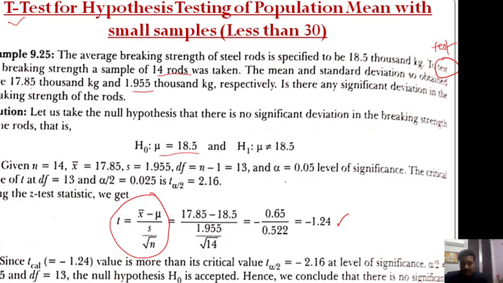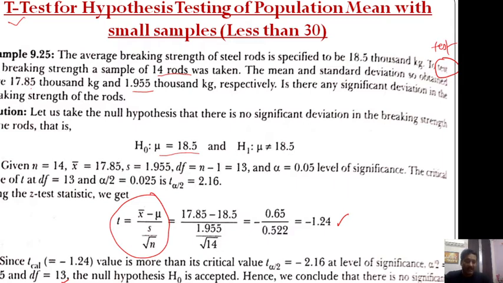One more thing needs to be clear. Whenever we are going to apply the t-test, we must have degrees of freedom. Degrees of freedom is calculated as sample size minus 1. Here the sample size is 14, so you subtract 1 from 14, and the remaining value, that is 13, would be the degrees of freedom. So whenever we are applying the t-test, it is very important to calculate degrees of freedom. Here it is mentioned that df, degrees of freedom, is 13. The way we calculate degrees of freedom is simply sample size minus 1.